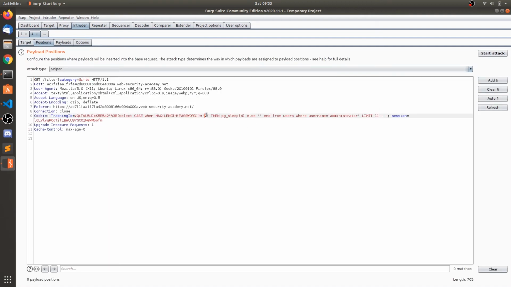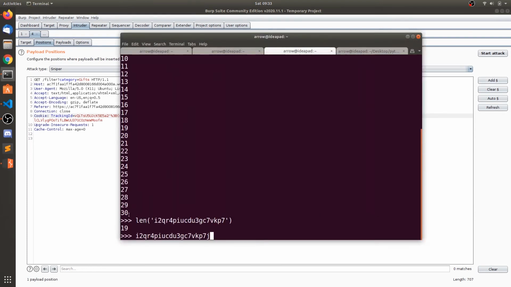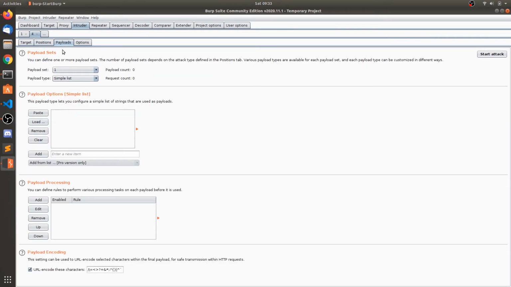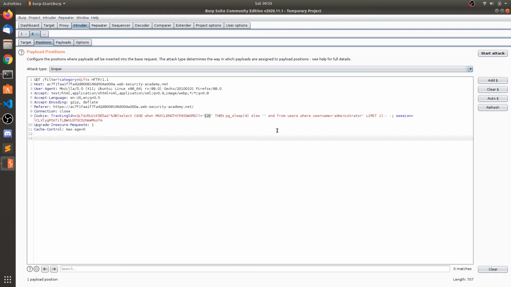Now we need to brute force this one. We need to find the length of password, whether it is 1 or 2 or 3 etc., up to some, let's say 30 or 40. Let's add the placeholders. So let me copy this one, 1 to 30, and paste it in the payloads. So 1 to 30. So now everything should be fine. Let's start the attack.